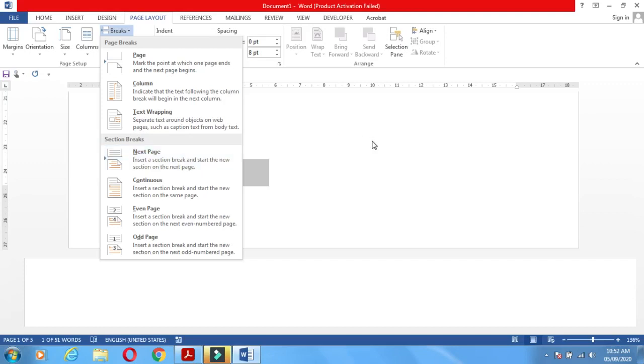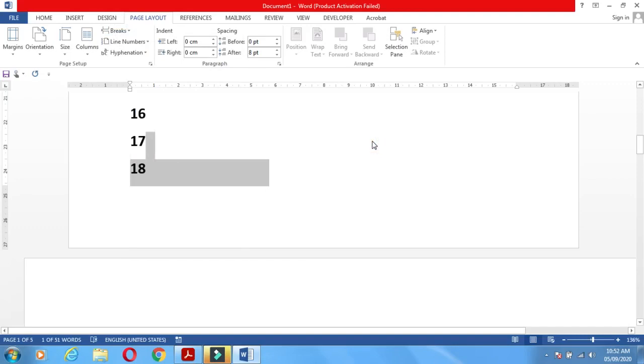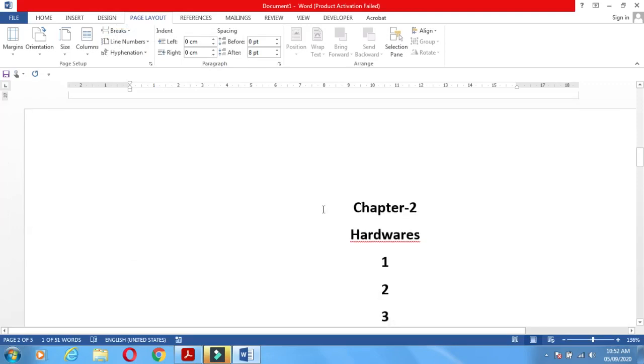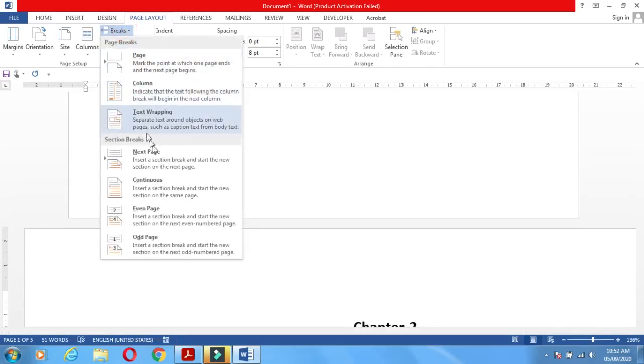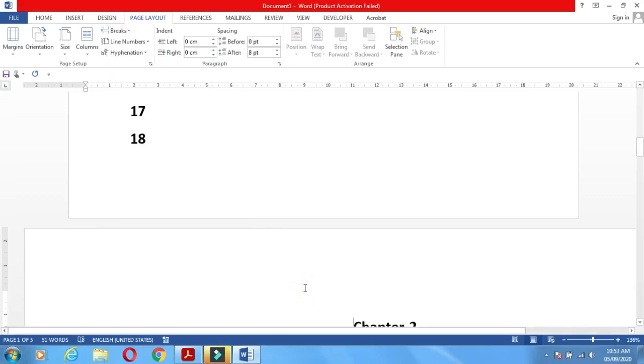If we want page 1 in different orientation and we want the page 2nd in different orientation, so that time we have to use the section break. Here, this is the section break. We have to click here. Understand? This is called section break.